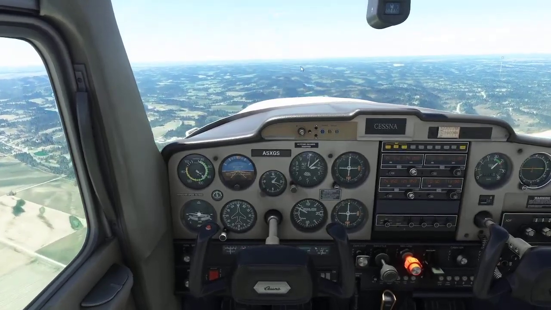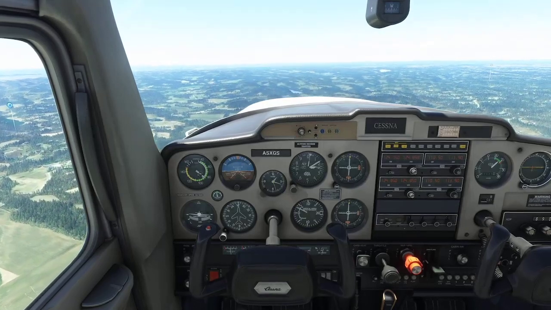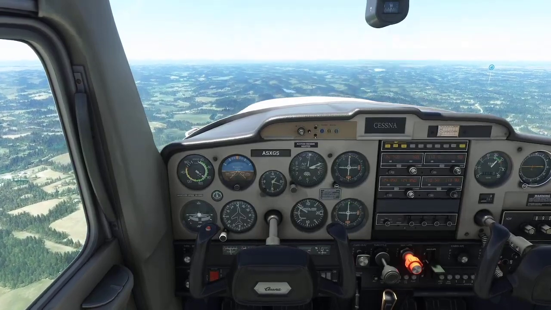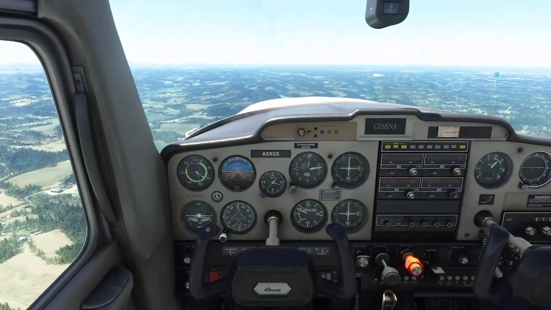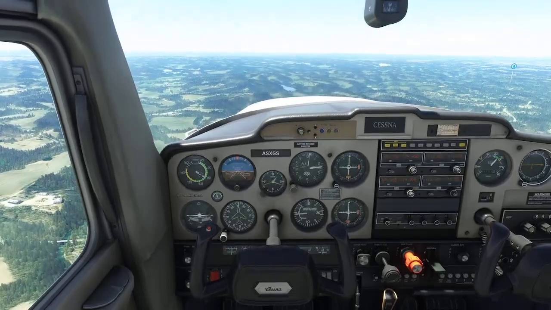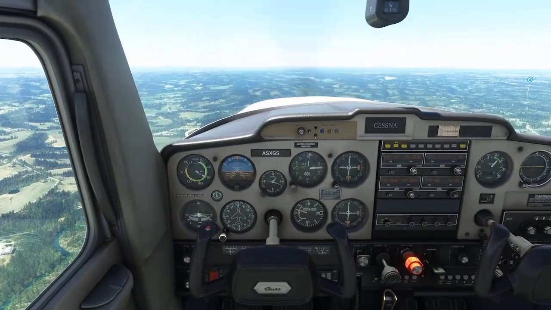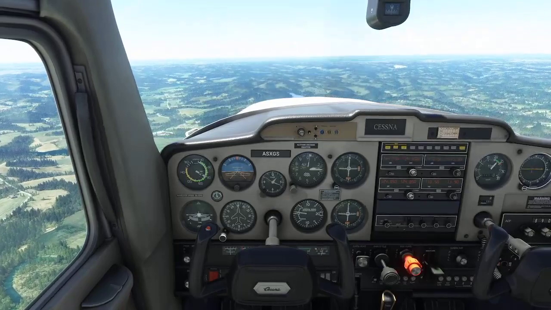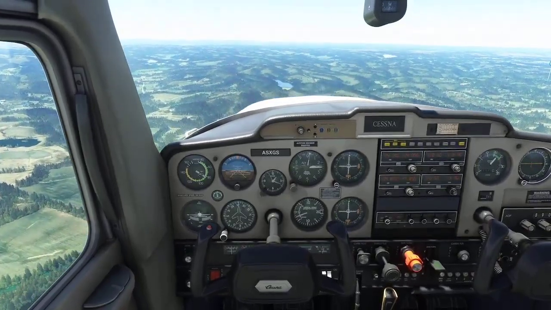You'll do this a lot with a number of the maneuvers, so you're going to reference your altitude, which I'm climbing too much. You're going to reference your heading and maybe a reference position outside the window that you will be targeting. I don't have a real good one at the moment. There's a lot of fields out there, maybe the pond, but I'm going to be over the pond before I even start, because I am talking to you guys about some things. I'm going to let the altitude drop just a bit. I've gotten a little bit high. And while I'm doing that, let me talk about the steps